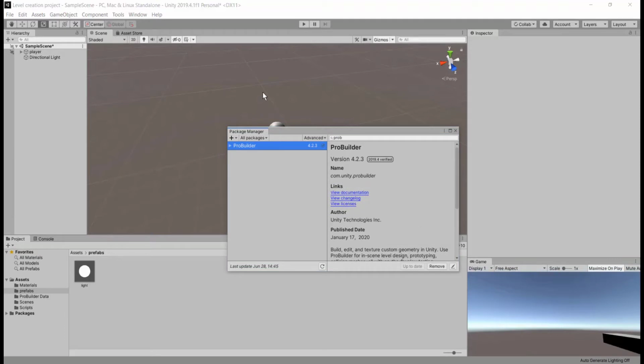You will have to wait some time to fully import your ProBuilder package into the project. After that, let's go and install ProGrids, which is a preview package. So in our advanced option, we will have to select show preview packages. I already have it selected. You guys probably won't have it. If not, you can click it and enable show preview packages. Then I am going to search ProGrids and install this preview package into our project.